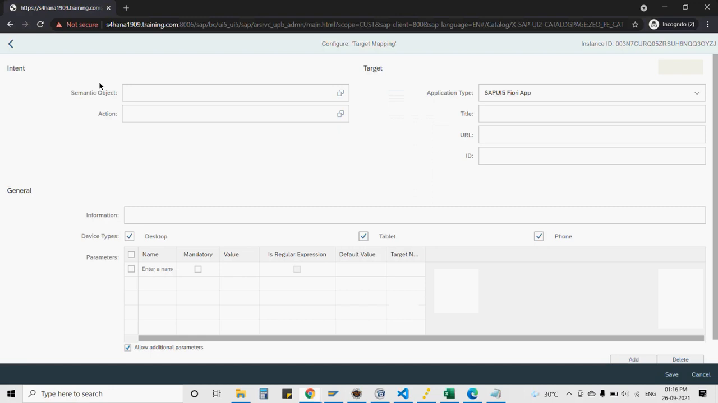Okay, now we need the role. This is the role. Application alias is this. I'll just say save. Okay. So we have created the catalog, tiles, the target mapping for all the 4 applications. Okay. Now, once we have created the target mapping for all the applications,